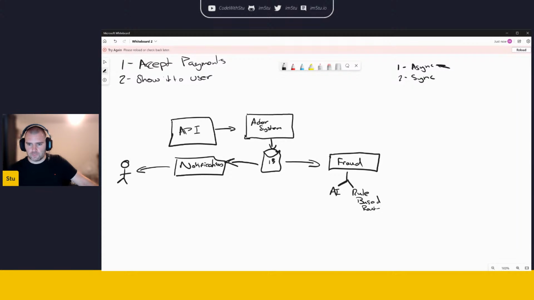It depends on which system you pick as to which approach you go down. The AI route requires a lot of data, a lot of training. So there's potentially going to be some databases around here if you want to go down that route. The rule-based route is going to have some data, but it's all based on data from a third-party data source. So you're going to have a third party,